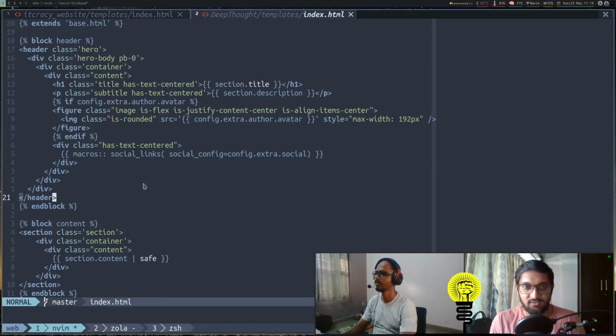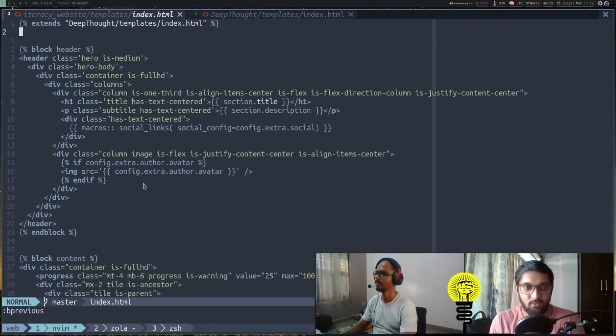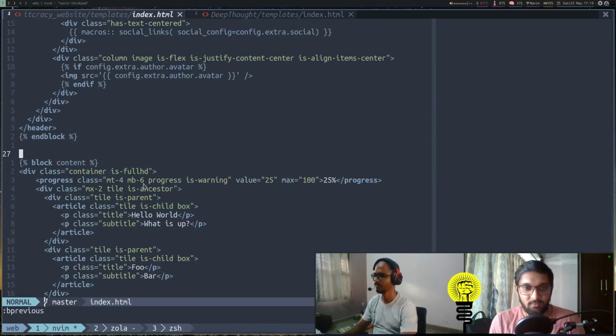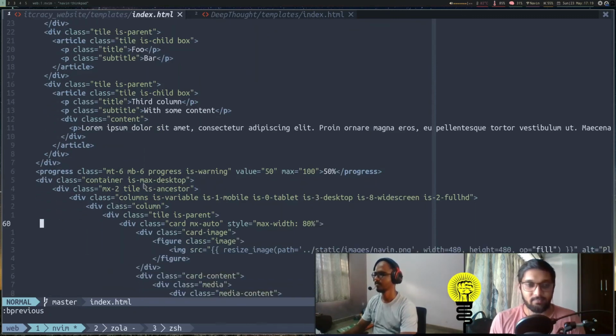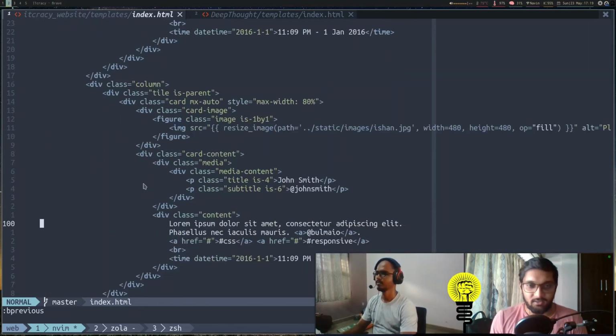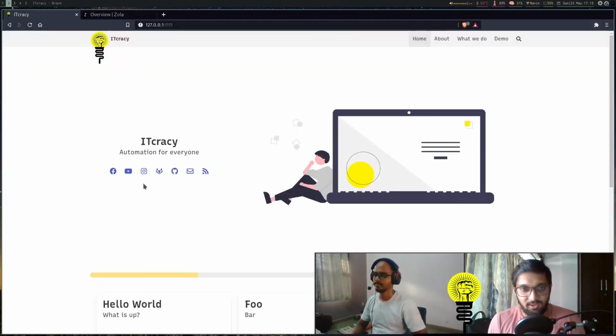As we have extended this HTML page, we have also overridden this header block, and we have changed it to what we just saw. Below, we have also added two cards. It is just simple HTML, and we added our own images as well. And this is how you can extend any template anywhere, and also override the blocks inside it.